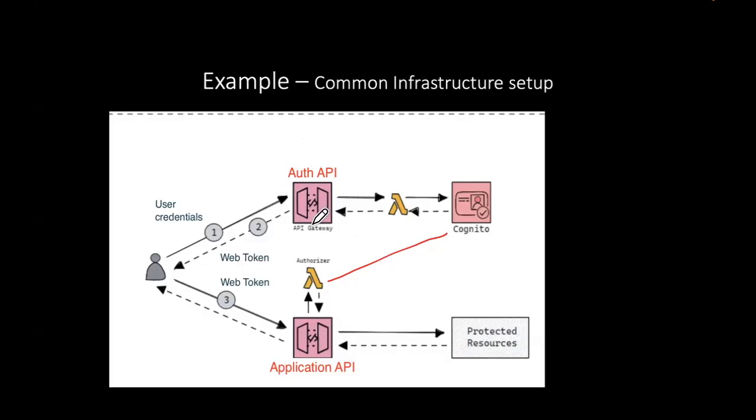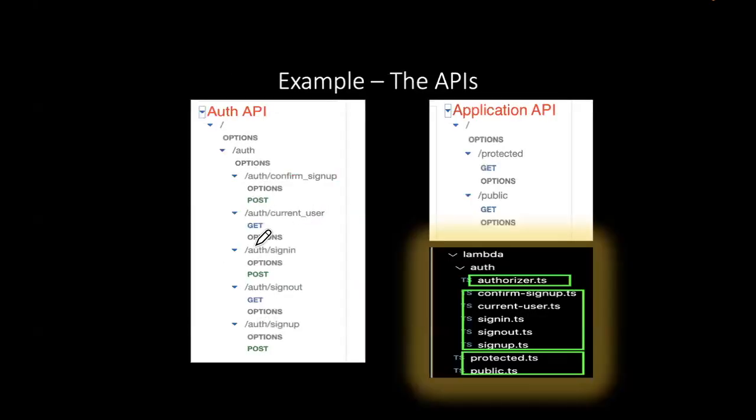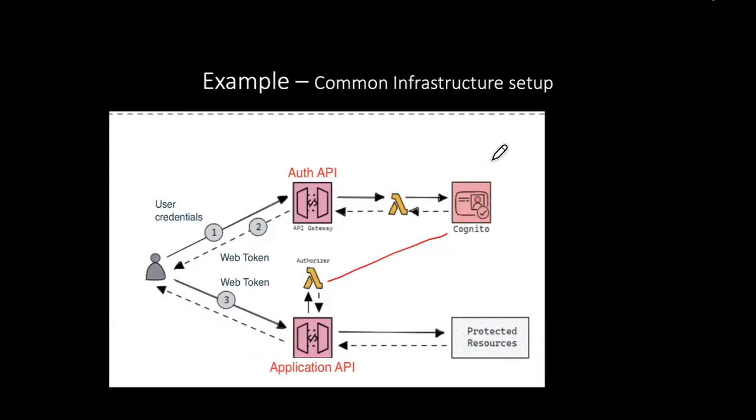So the Auth API, these are the endpoints it's going to have, and if you just scan down through them, they look like the type of endpoints that you would expect an authentication API to have. My app API is just trivial. All we really want to prove is that the validation of the token actually works